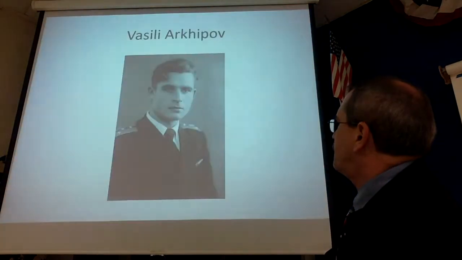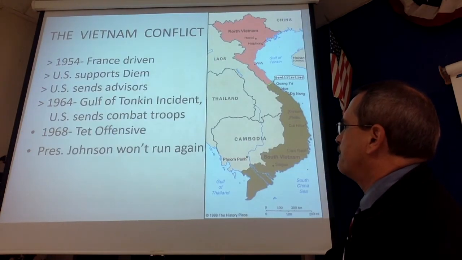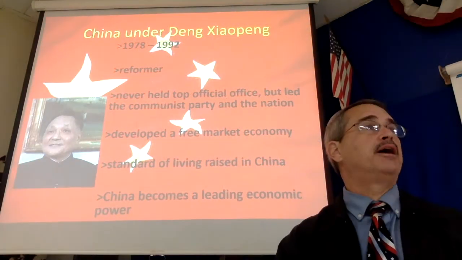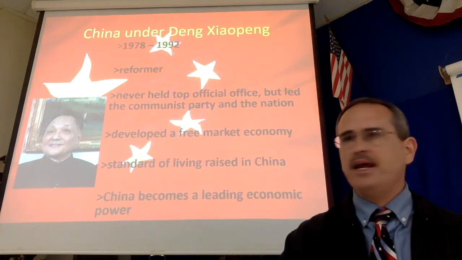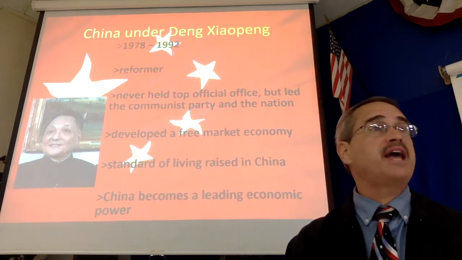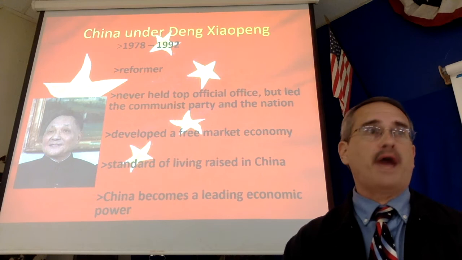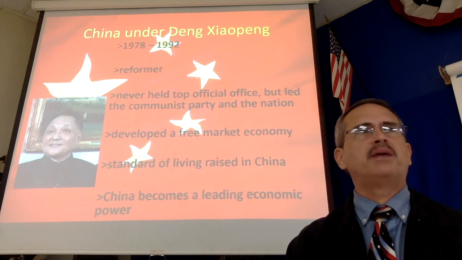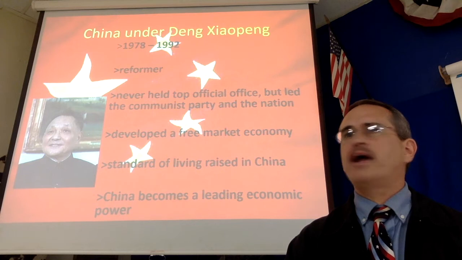So that by the time we get up here to Deng Xiaopeng, Mao finally passes away. And Deng Xiaopeng becomes the head of the Communist Party in China. And what Deng Xiaopeng does, he does not get rid of communism as a party or as an authoritarian government. He's not going to be handing out freedoms in democratic elections. But what he is going to do is he's going to say, you know what? The communist economy did not work. And what we need to do here in China is we need to change our economic model.